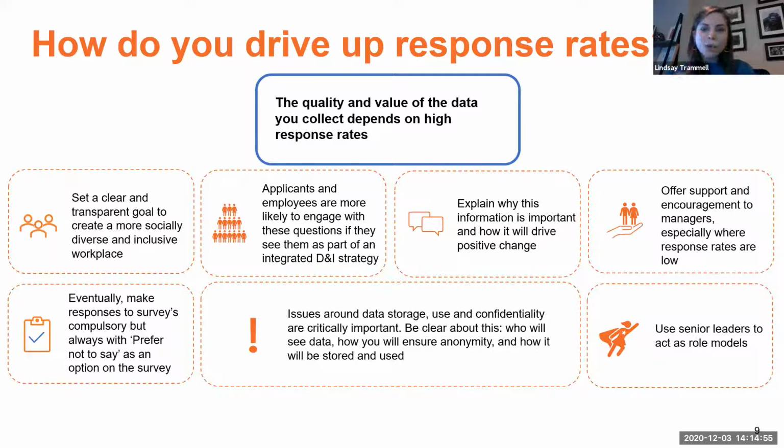The other thing that we suggest is start small. Set really achievable targets. We have a case study on our microsite, for example, of HMRC, who when they first put their socioeconomic background question on their surveys, their goal was 30% response rate. They've been able to then drive that up all the way to our recommended target of 60% for new employers to the agenda, and over 75% for those mature in their socioeconomic strategy. Do make sure though that, whatever you do, you have clear messages about why this is important, why you are doing it, and how data storage and confidentiality will be protected. Those are the key things.